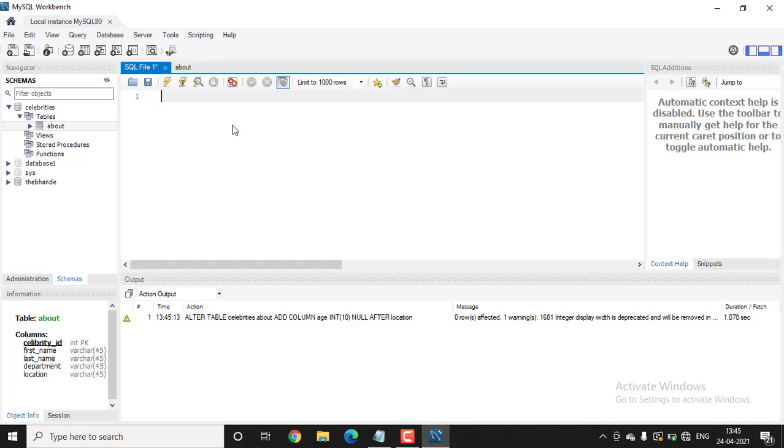Now let's update the age. Update name of database dot name of the table, then set name of the column age equal to Mahendra Singh Dhoni's age, which is 39.